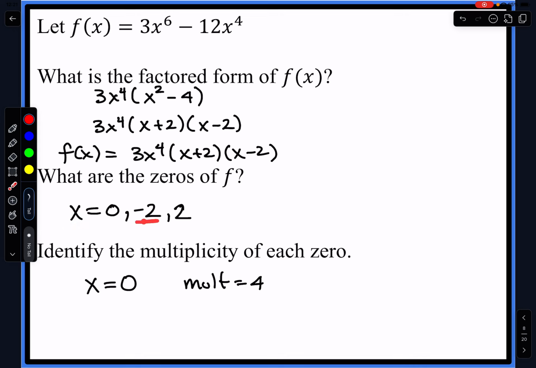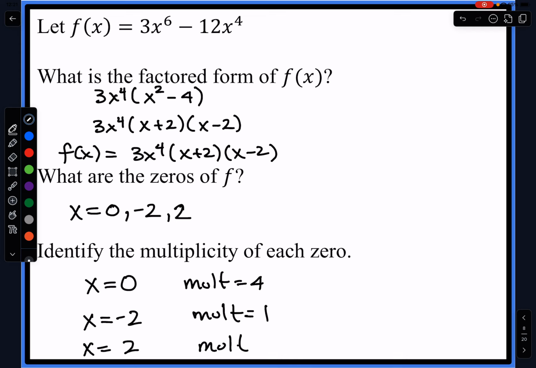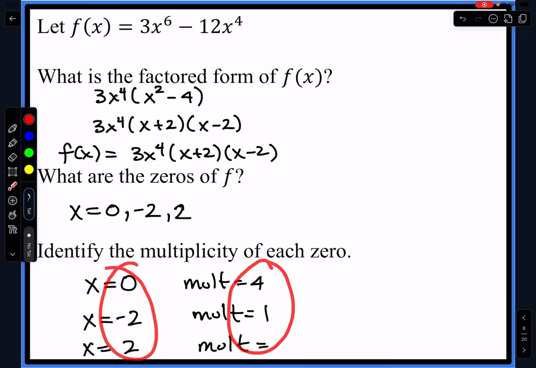Well, how many times is x going to equal negative 2? Well, we only have one parenthesis where we need to plug in a negative 2 in there. So the multiplicity for that is 1 time. And how many times do we need x to equal positive 2? Also only 1 time because we only have one factor of x minus 2. So we only need to plug in a 2 1 time into one parenthesis to make the whole thing equal to 0. So here are your zeros and the respective